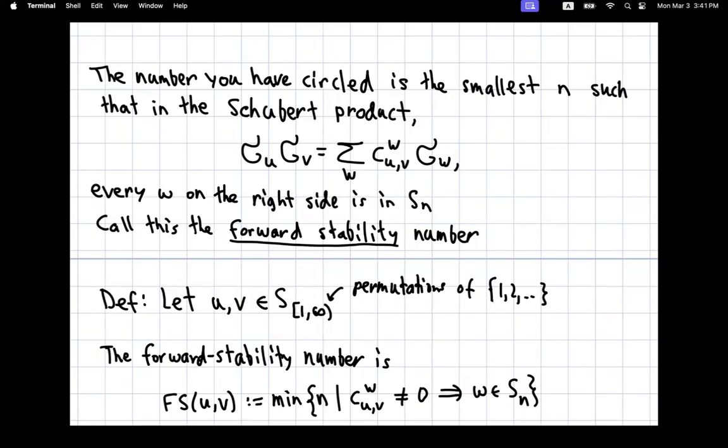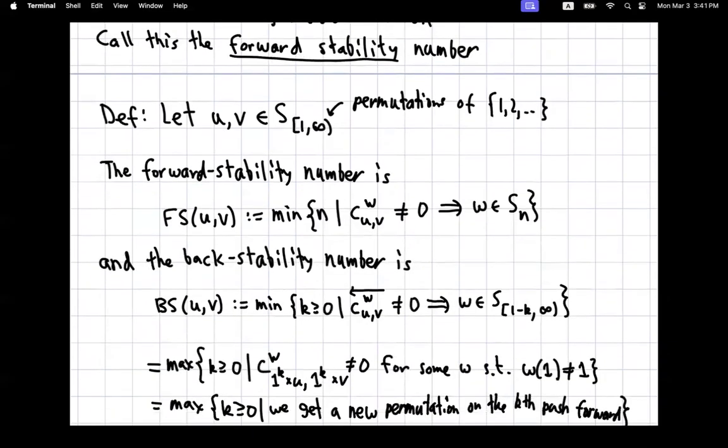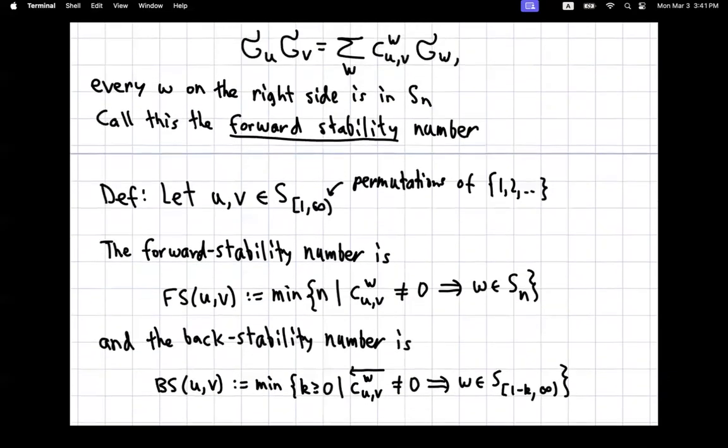So whenever I write S sub some set, I'm just talking about the permutations of all of the integers in that set that fix all but finitely many integers. And so the forward stability number is just the thing that we got from our first computation, which is the minimum value of n such that for any non-zero Schubert structure constant, W lives in the symmetric group on n letters. And the second definition, the back stability number, is going to be the minimum k non-negative such that